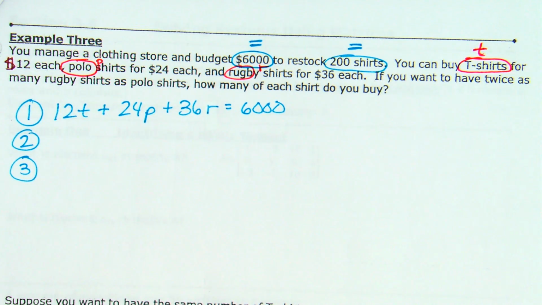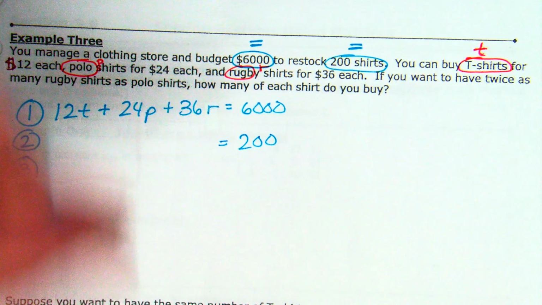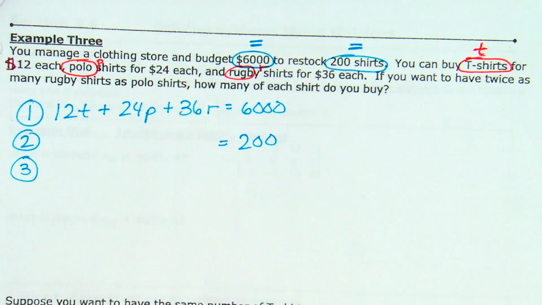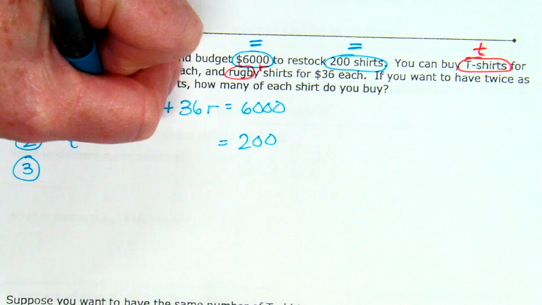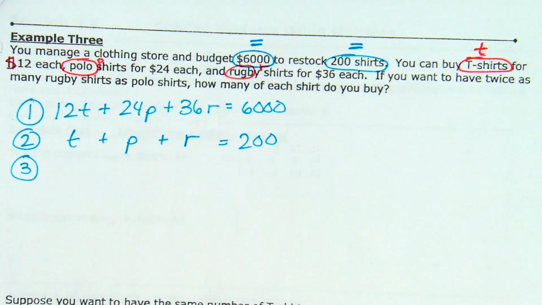Now I need an equation that equals the 200 shirts. So how am I going to write an equation that equals the 200 shirts? What is it that has to equal 200? The number of shirts. Yeah, so your three variables added up. The t-shirts plus the polo shirts plus the rugby shirts. So T plus P plus R equals 200. And finally,